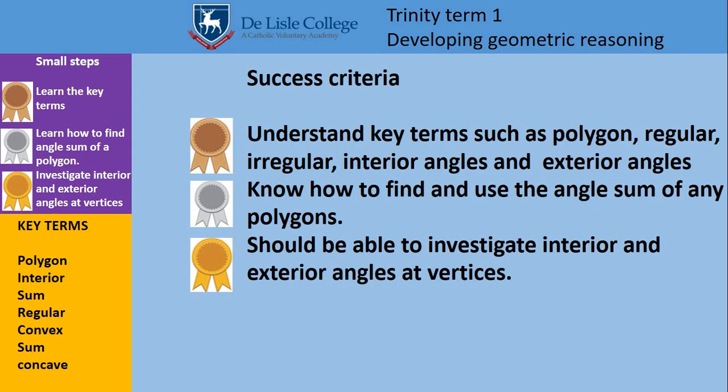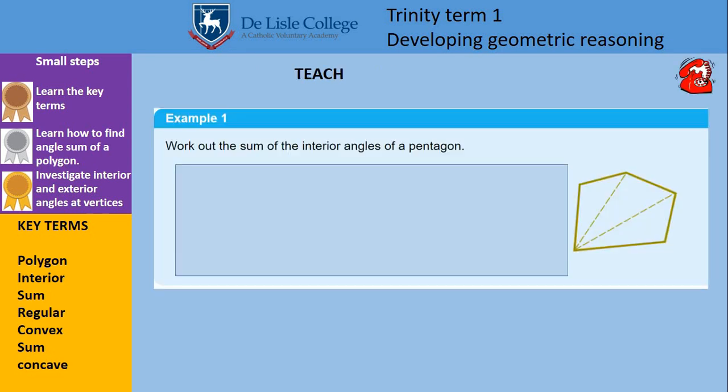So today we're going to understand key terms such as polygon, regular, irregular, interior angles and some exterior angles, and know how to find and use the angle sum of polygons, and then we'll have a look into interior and exterior angles of them. So this thing we need to look at now is the sum of the interior angles